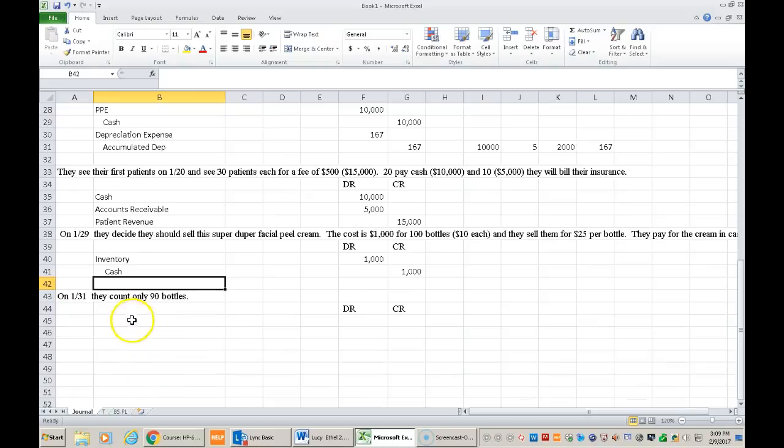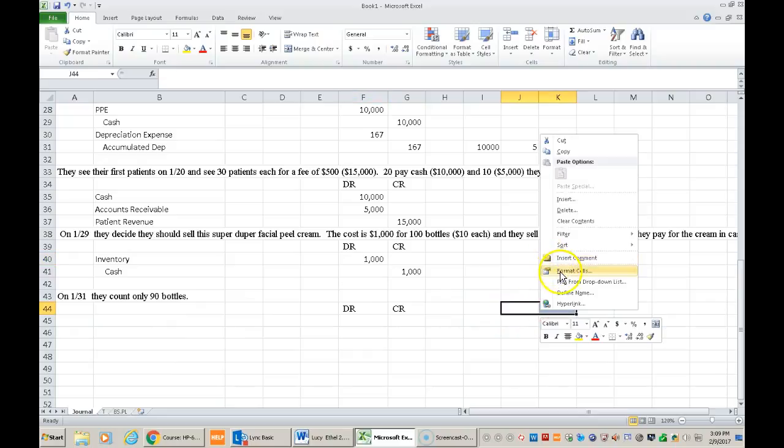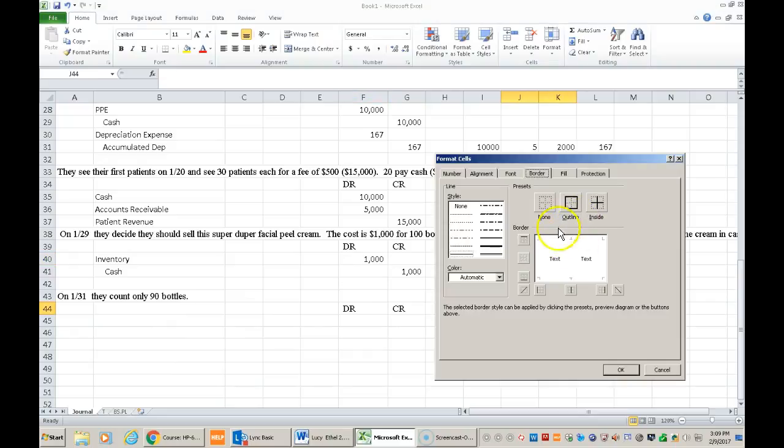So this is where this is going to get a little bit different, that I want you to really pay attention to. So at the end of the period, they only have 90 bottles. So what would that mean? So we started with 100 bottles, but we only have 90 left. So in our inventory, we have $1,000, but we now are 10 bottles less. So how do we adjust our inventory, right? So if this is our T account,